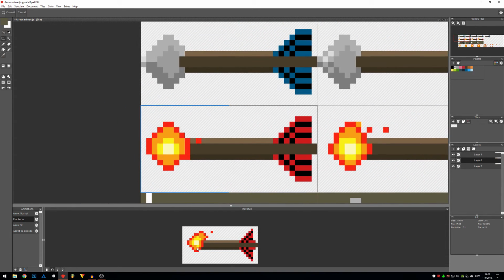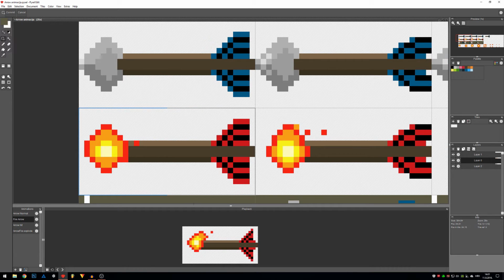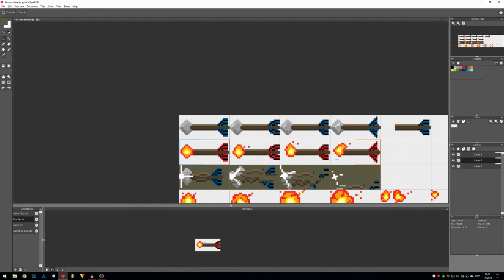And for this fire, since of course our arrow is traveling to the left, I just took into consideration that when it travels through the air, it will hit our fire and it will blow our fire in the opposite direction, in this case to the right. So if I animate this faster and move it out a bit, you can see how it looks. You can add more frames in between. I just made 4 frames, something really basic,